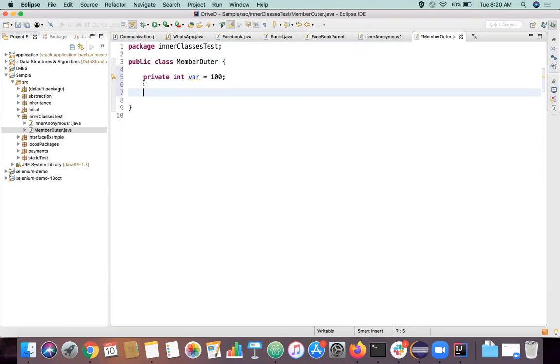Let's say class, and I'm just going to declare a method here, let's say void print data or print var, something like this, right?